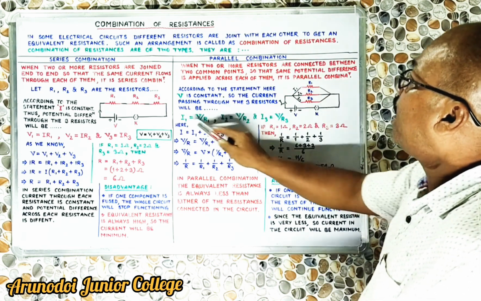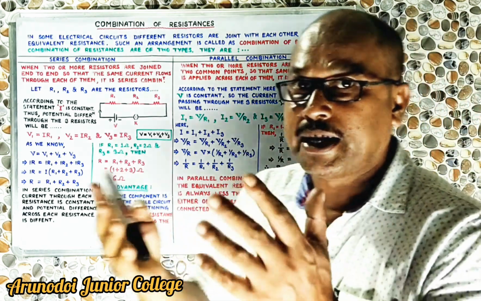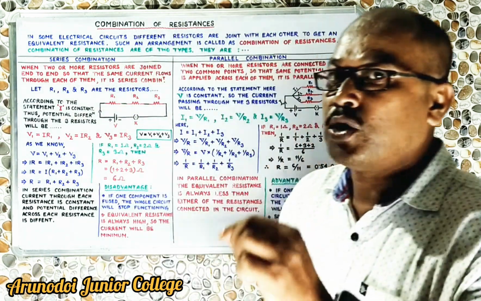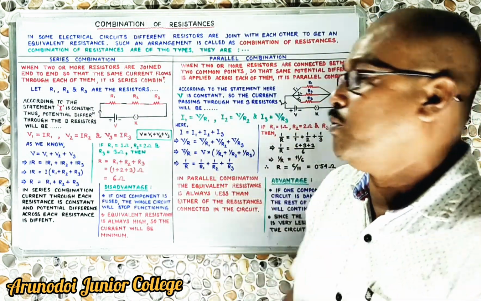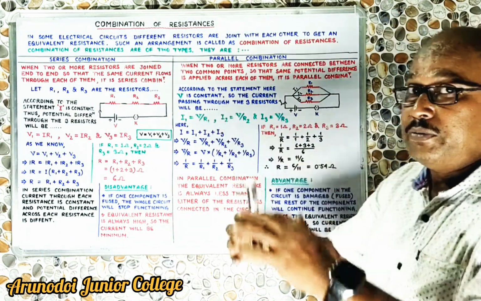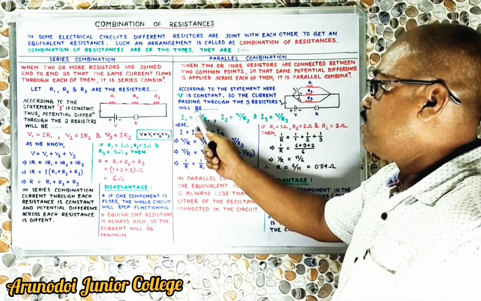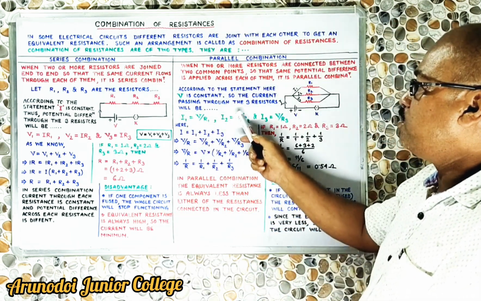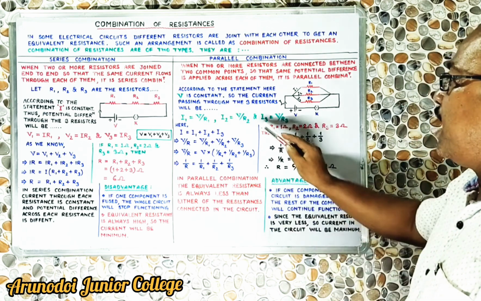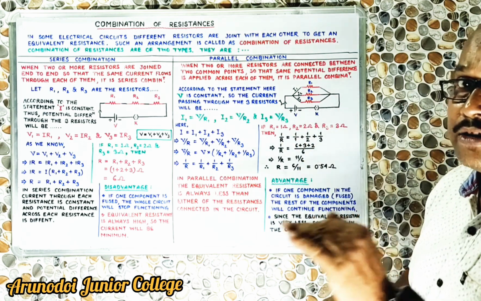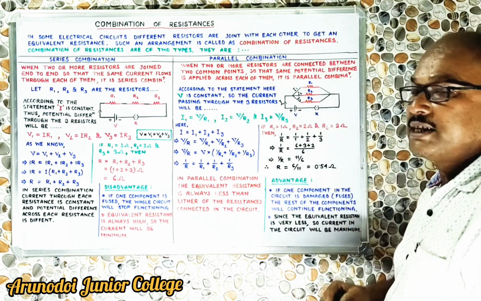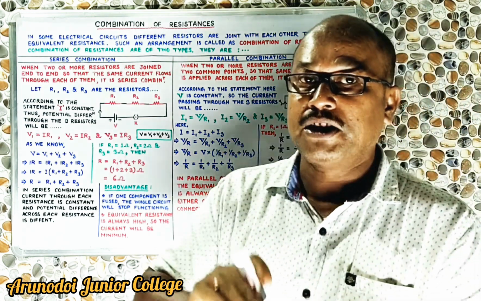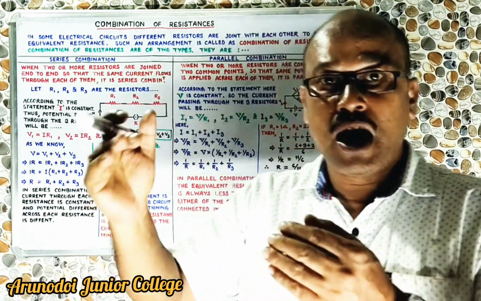What will be the I1? I is equal to V by R. This is again Ohm's law, I is equal to V by R. So I1 is equal to V by R1. Why? Because V is constant, V will never change. Similarly, I2 will be equal to V by R2, and I3 will be equal to V by R3. So these are the three currents passing through the three different resistors, R1, R2